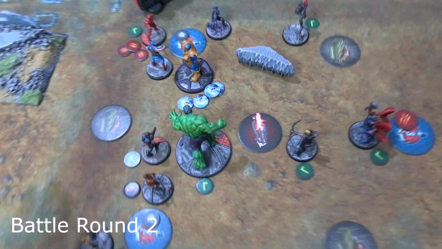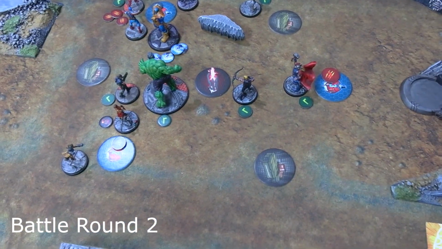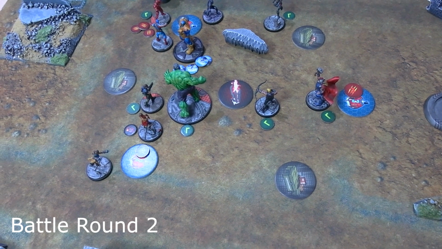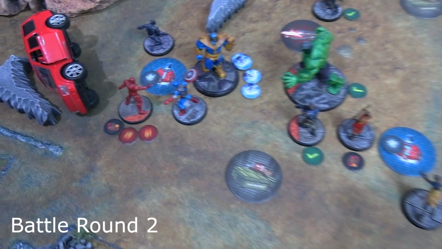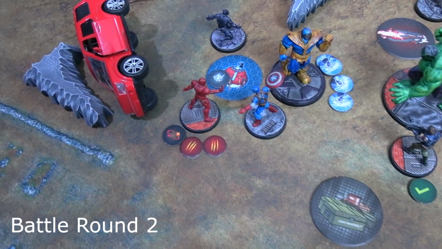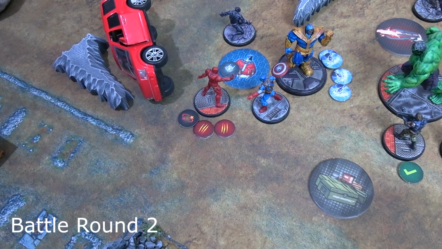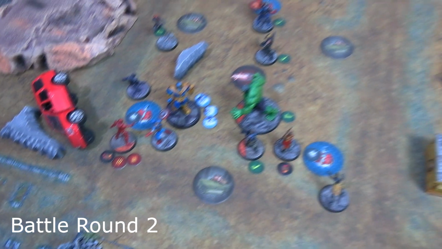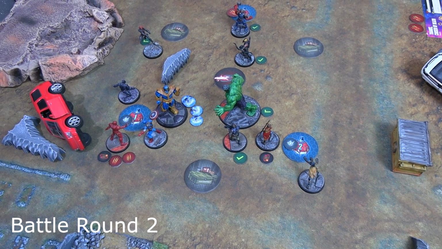Now it would normally go back over to the Crisis team, however now he's got a minion in play, and a minion can go before or after each of the Cosmic Threats turns. So now Zombie Captain America gets to do something. So Zombie Captain America just did 2 basic strikes on Iron Man, each one did 1 damage, but that was enough to daze him. So Iron Man is down, Zombie Captain America is there till the end of the turn, and now it's back to the Crisis teams to try and salvage something here because they are not doing enough